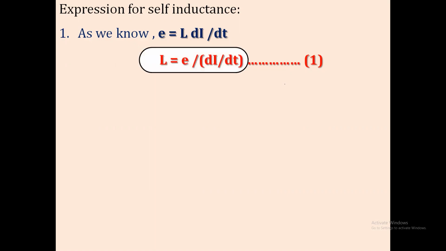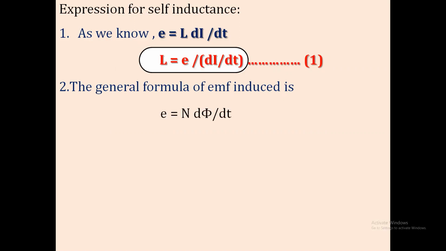Okay. Now see how one can derive the second form. The general formula for the EMF induced is E is equal to N d phi by dt. But out of that, N is a constant. So I can also write it down: E is equal to d dt of N phi. Now these both equations are nothing but the same, because here N is the constant term.